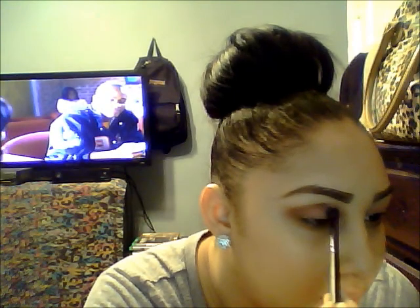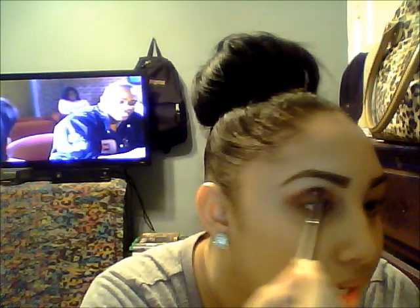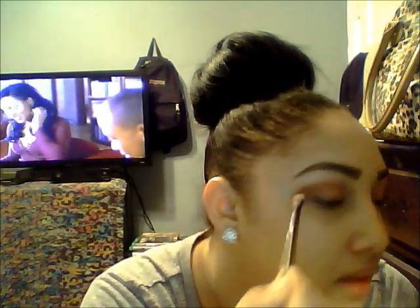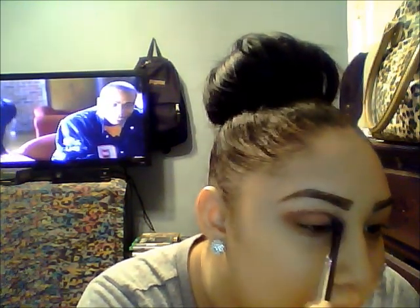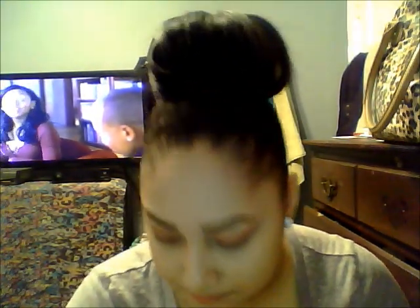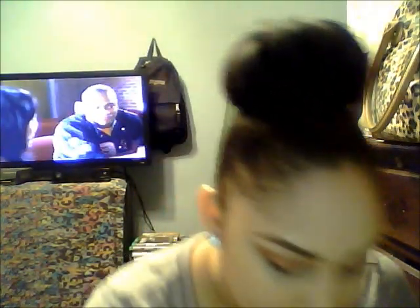Now, if you want a darker look, depending on who you are, you get some more. And with me, I'm really white, so I need to have something that stands out. And if you like that, hey, by all means, leave it like that. But I need a little bit of lighter color, so I'm going to get back in the other palette that I used from the beginning, and I'm going to take, let's see,